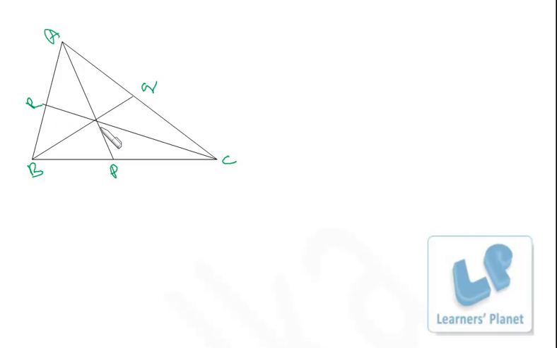So precisely what is a median? A line that joins the vertex to the midpoint of the opposite side, right? Midpoint of this side is P and vertex A. So AP is a median, BQ is a median, and CR is a median,